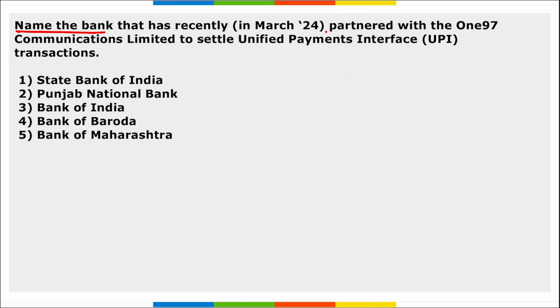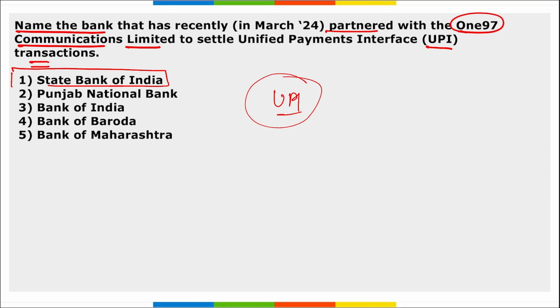Next, name the bank that has recently partnered with 197 Communications Limited to settle UPI transactions. Which is it? It is your SBI, State Bank of India. This is the largest public sector bank of India and they have partnered with 197 Communications that is based in UP, that is in Noida, UP headquartered, to settle the UPI transactions, right, upon acquiring the third party app